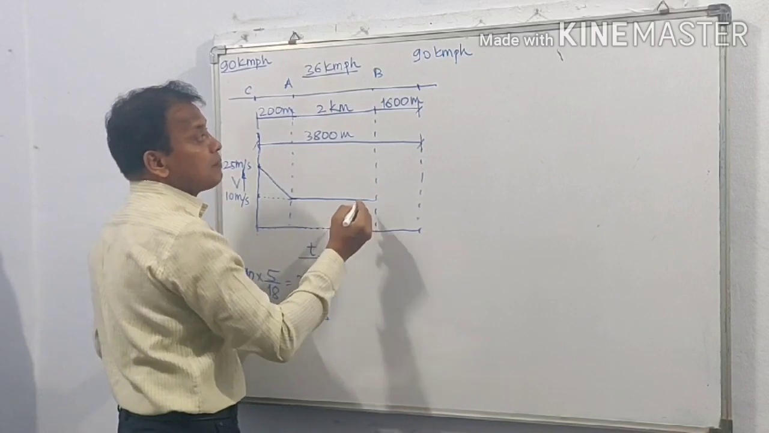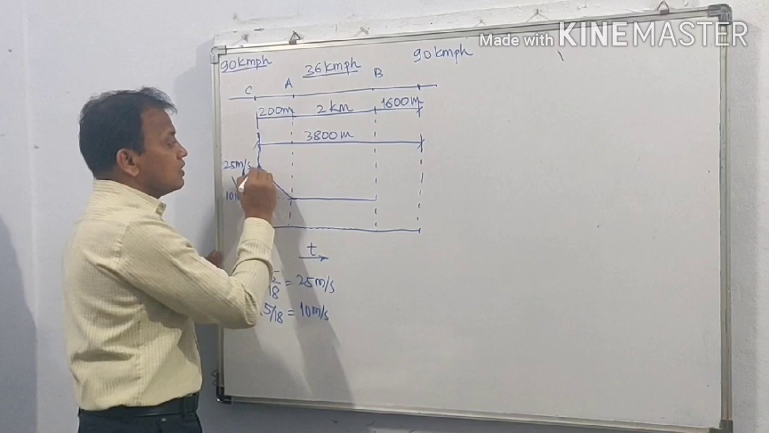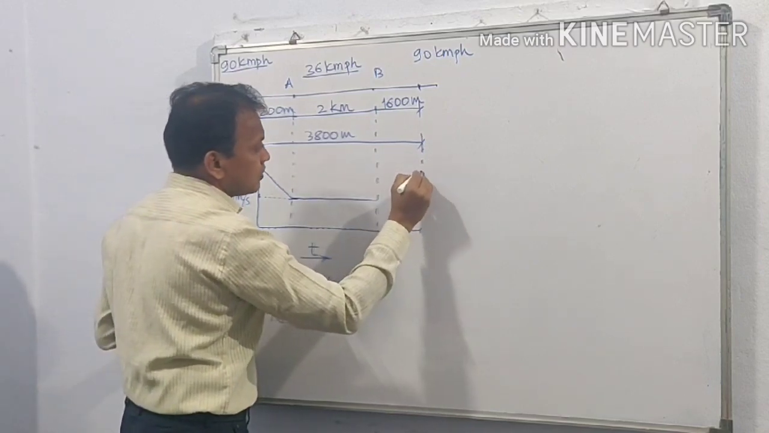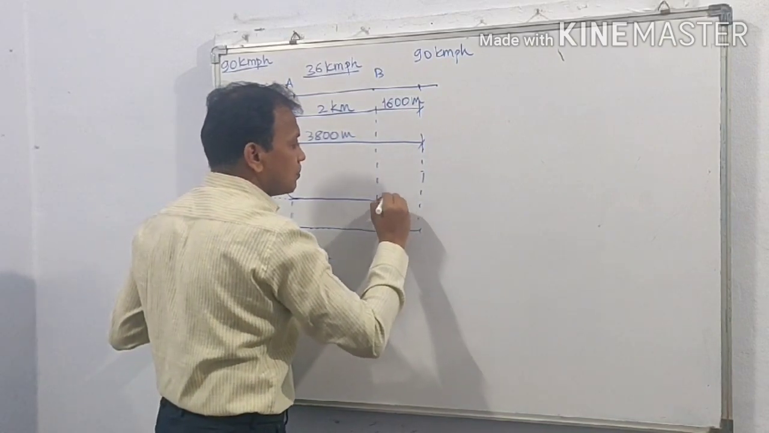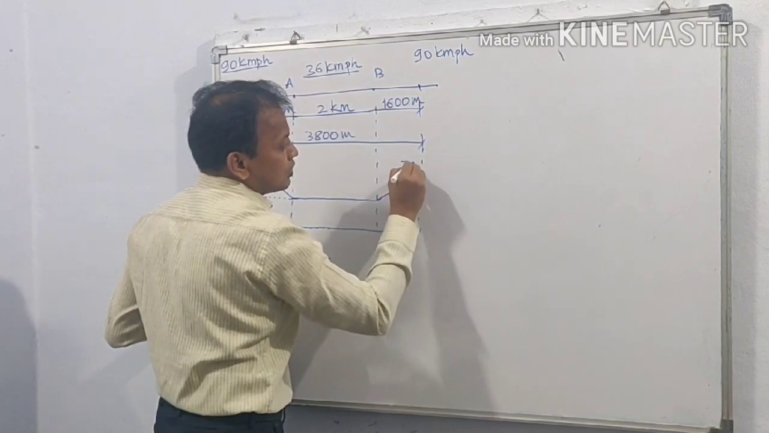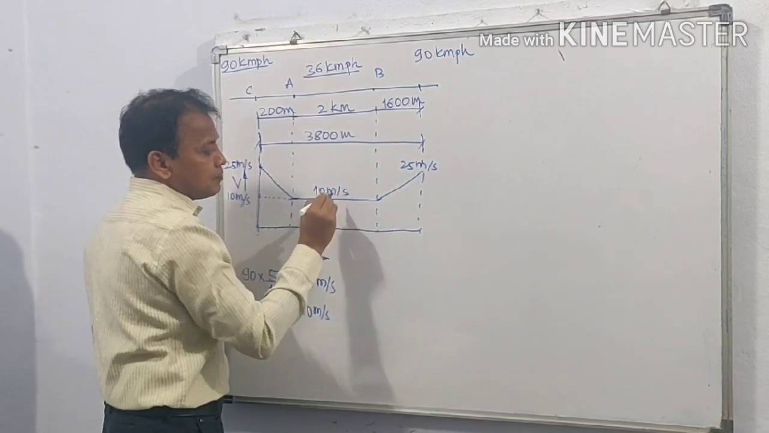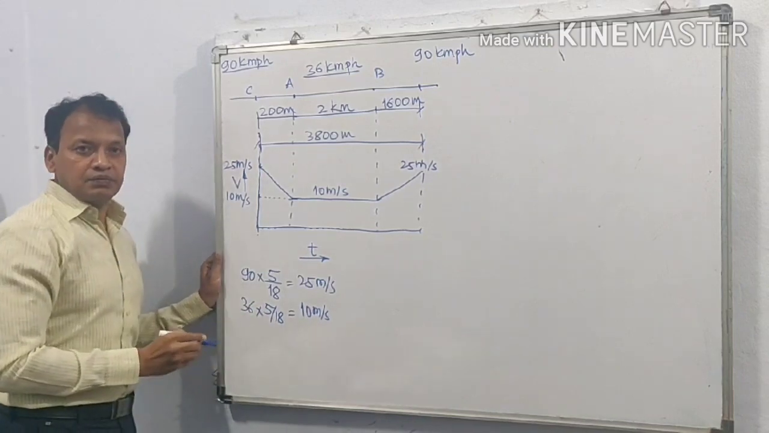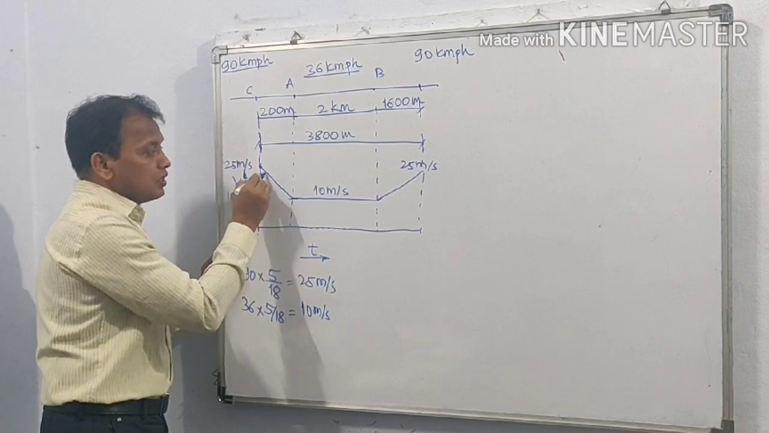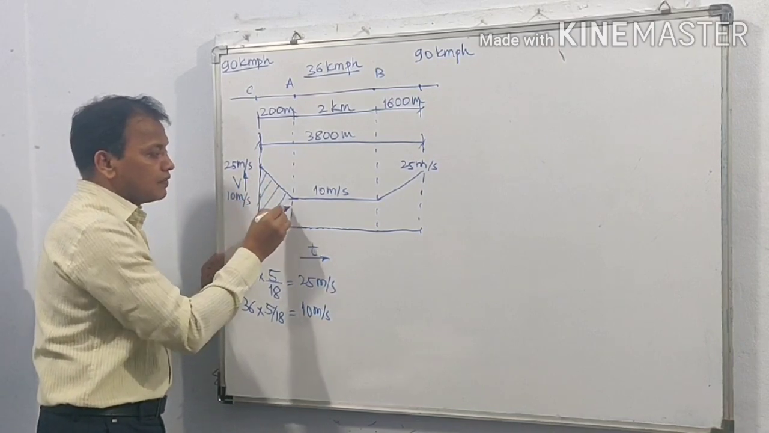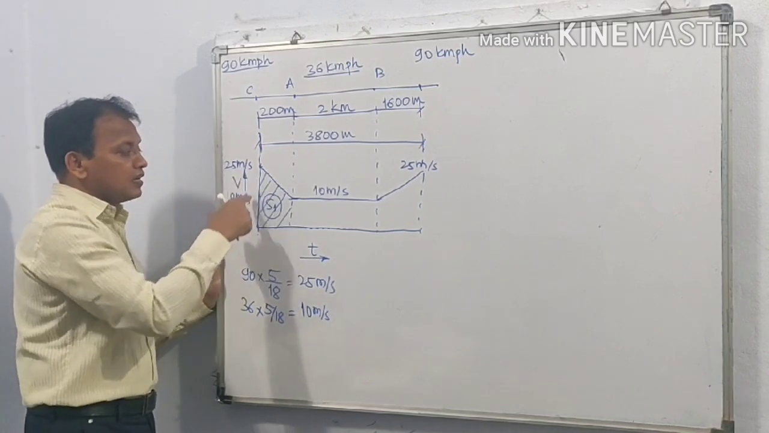So we have shown this line, and from B onwards, this velocity which was 10 meter per second is now again becoming 90 km per hour, that is 25 meter per second. So here this is 25 meter per second, this is 10 meter per second. This is the velocity time diagram. And for this velocity time diagram, we have seen the area under the graph will give us the distance traveled. Let the area under this graph